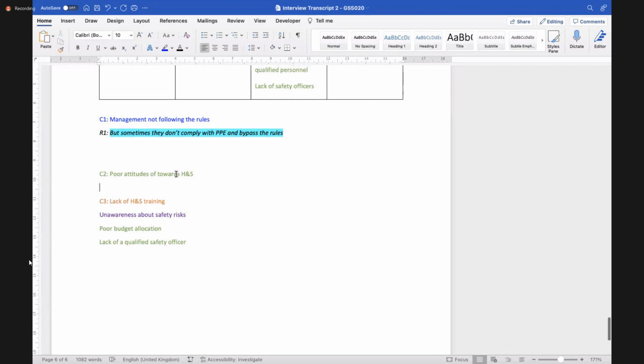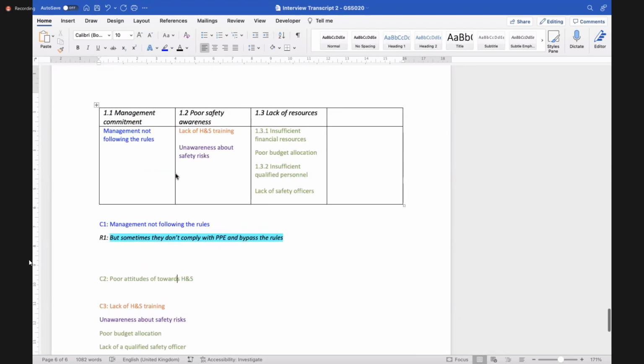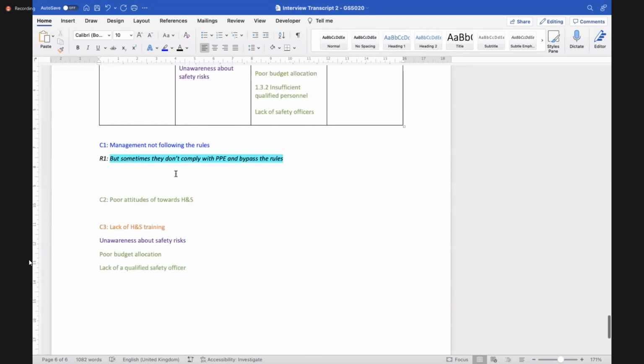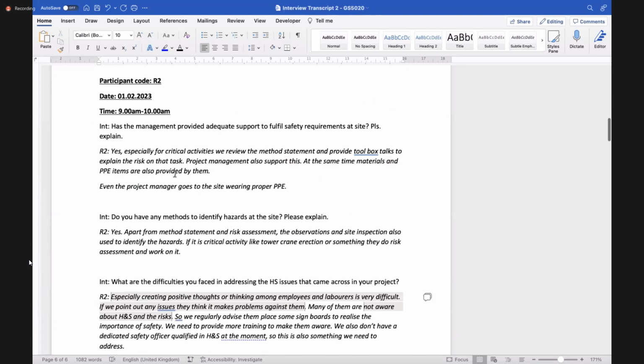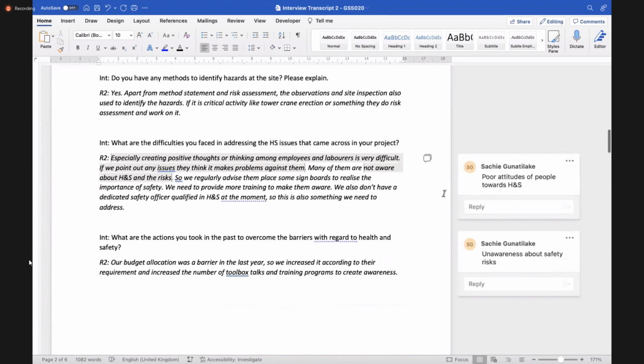So again, the second code, poor attitudes towards health and safety. Then what has been coded under that?